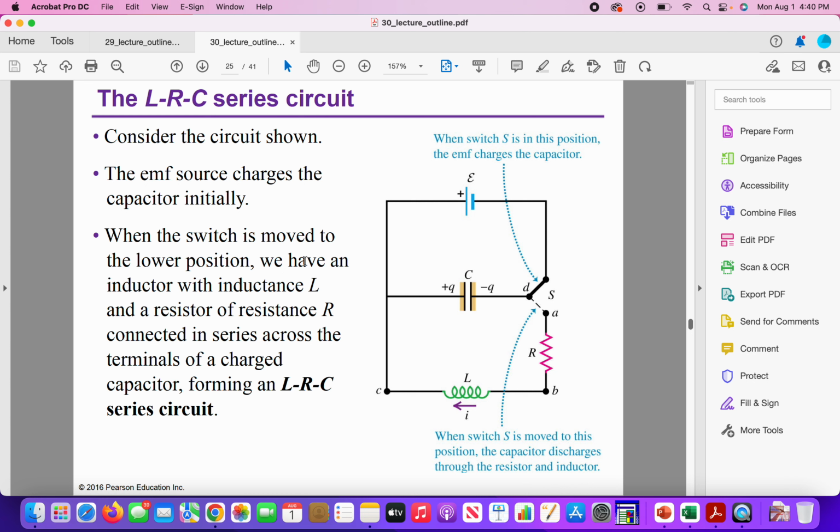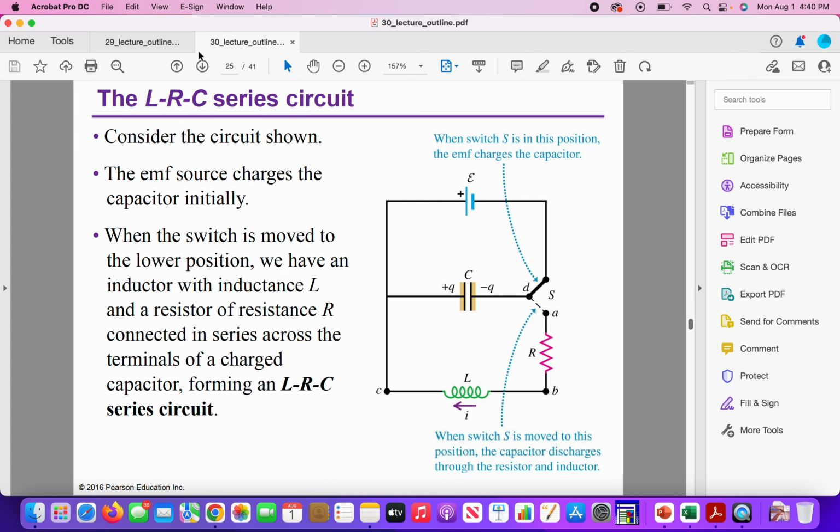Here we can have this arrangement, the LRC circuit. The EMF source charges the capacitor initially, and then the switch is moved to the lower position where we have the LC circuit connected in series, and they form that